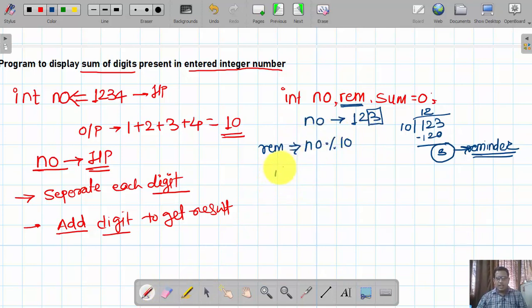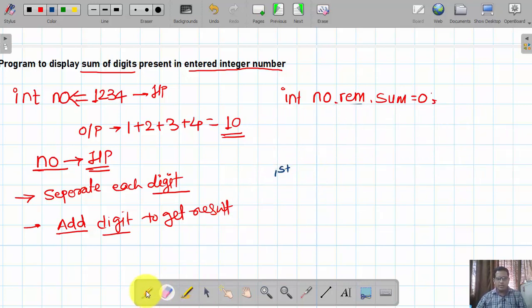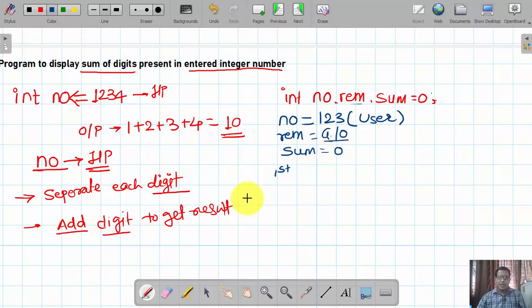So let's write it in a proper way. This is the first execution, right? Before the beginning of this execution, say the number value is 123, which is taken from the user. The rem is initialized with some garbage value, or it may be initialized with 0. We don't know what exact value is held by rem at the initial phase, and variable sum is equal to 0, right? So first what we are going to do is number mod 10, and this value I am going to assign to this rem variable.